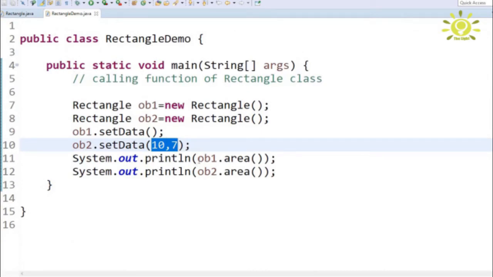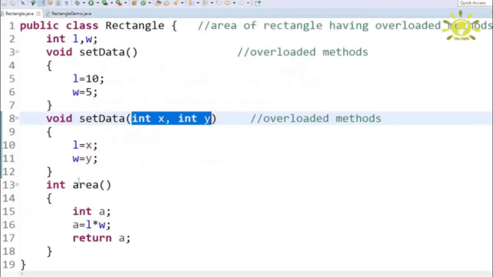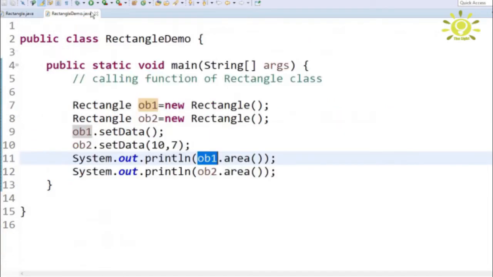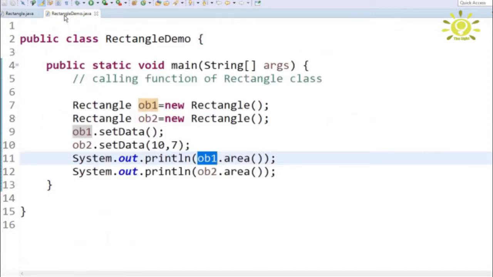Next, using object 1, the area function will be called, and using object 2 the area function will be called and print the value on the screen. So ob1.area multiplies L by W, which is 50, and that will print on the screen.